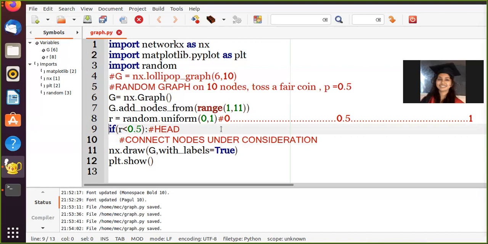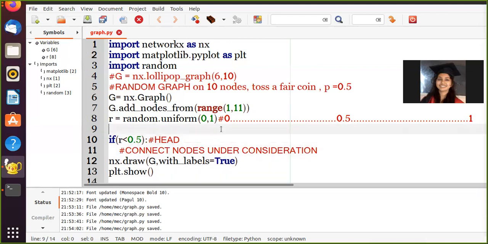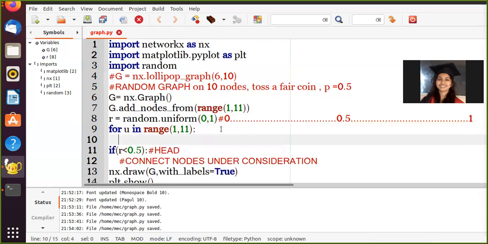We are going to do this particular step for every possible pair of nodes. So what I can do is, for u in g.nodes, or better even, I can do it like this: for u in range, since I know that my nodes are numbered from 1 to 11.